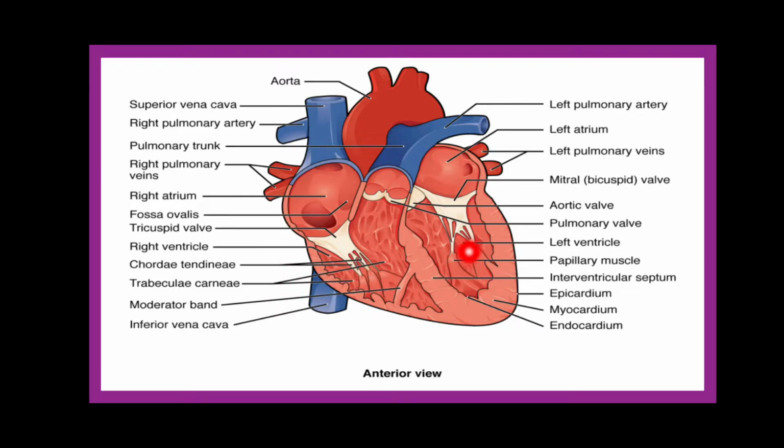These are called the superior, receiving chambers. Here you can see the right ventricle and the left ventricle. Both ventricles are inferior in position. If you see, they are down, and these are called pumping chambers. Why pumping chambers? Because the left ventricle pumps the blood into the aorta, and the right ventricle pumps the blood into the pulmonary trunk, which further divides into the right and left pulmonary arteries to provide blood to the lungs. So these are the basic four chambers of the heart.